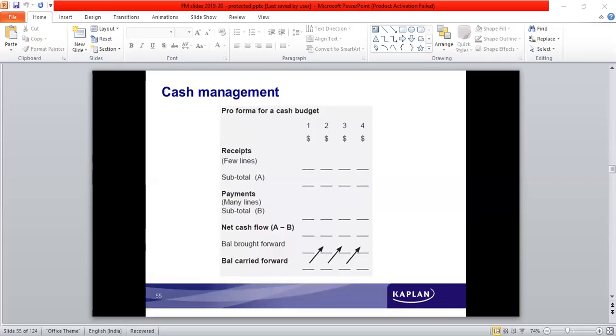So to receive the amount, the sale should happen in the previous months, preceding months. If the sales happen, then out of those sales, the amounts will be received in the current month. What are the terms? It says 20% of sales will be for cash. So whatever is the sale value, out of that, 20% is for cash. Cash sales will be received during the same month.